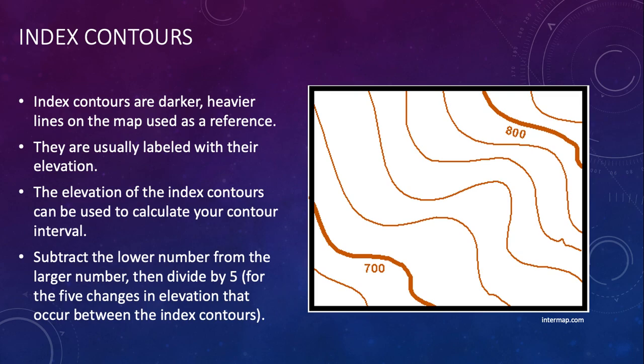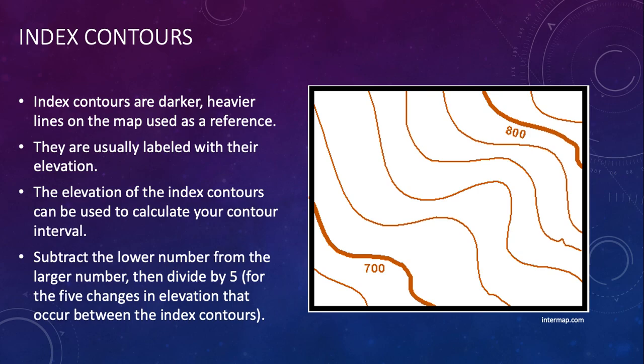In order to calculate contour interval, you're going to have some lines that are labeled. The ones that are labeled are called index contours. They're usually darker, heavier, and they're used as a reference. They're usually labeled with their elevation. The elevation of the index contours can be used to calculate your contour interval. Subtract the lower number from the larger number and divide by 5 for the 5 changes in elevation that occur